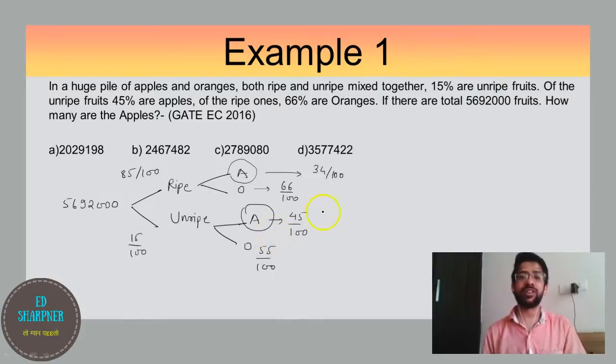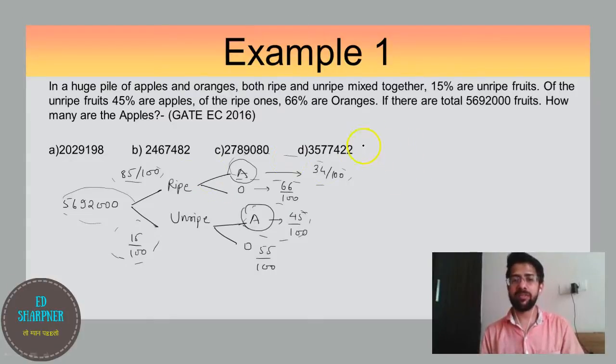We need to find out the total number of apples. So what we will do is, we will find out the fraction of ripe fruits first and then find out the fraction of apples in ripe fruits. Similarly, we will find how many are unripe fruits, and then we will find the fraction of apples inside it. So this equation becomes the original value